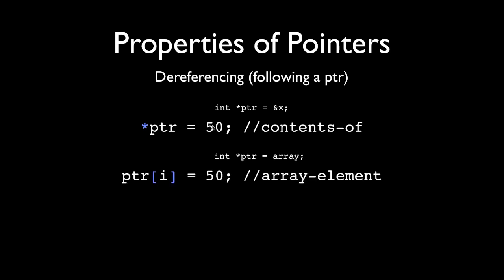If the pointer is pointing to an array, believe it or not, you've already been dereferencing pointers without realizing it if you've been using arrays. Putting those square brackets after an array name or a pointer dereferences that pointer, and it actually dereferences the ith element of the array that the pointer is pointing to. So those square brackets actually perform a dereference to the pointer and access the ith element. So pointer[0] = 50 would set the 0th one to 50.